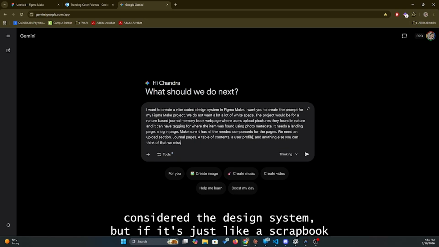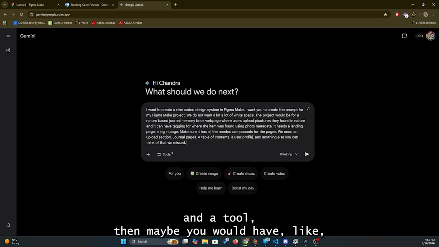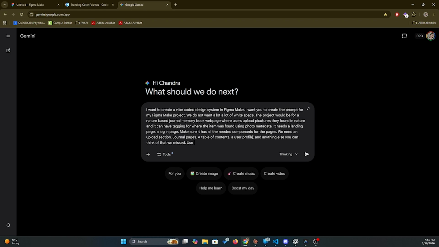I don't know if this would be considered design system, but since it's a scrapbook kind of tool, then maybe it would have